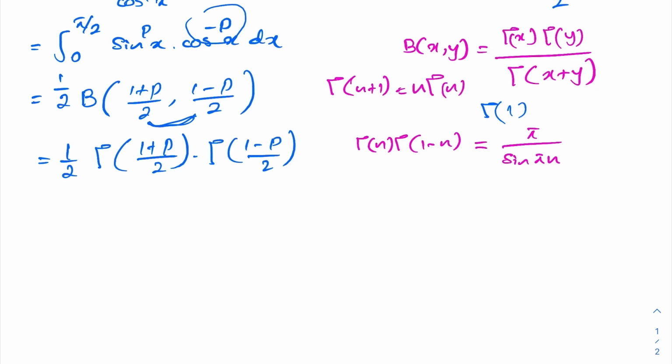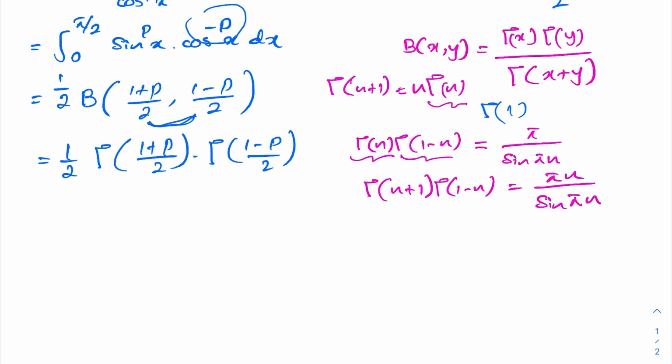So here, instead of gamma of n, I am going to use gamma of n plus 1 over n. So we can write gamma of n plus 1 times gamma of 1 minus n over n, and I'm going to multiply by n, so here pi n over sine of pi n. Okay, then